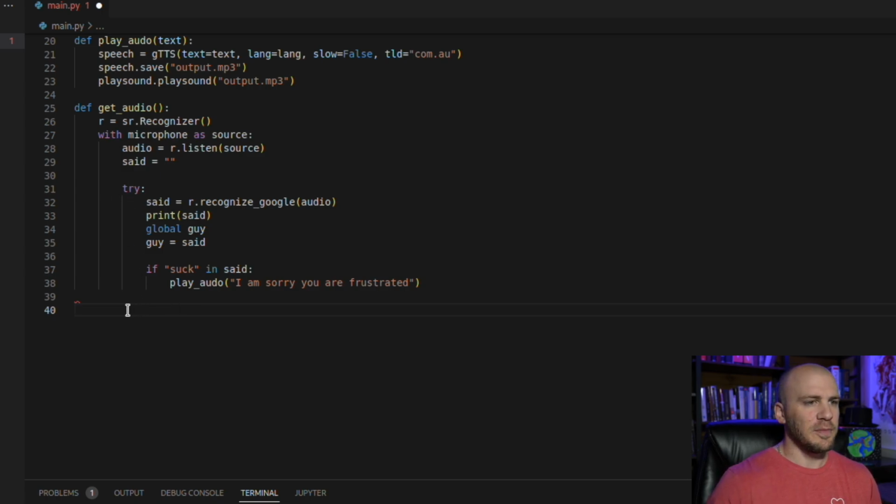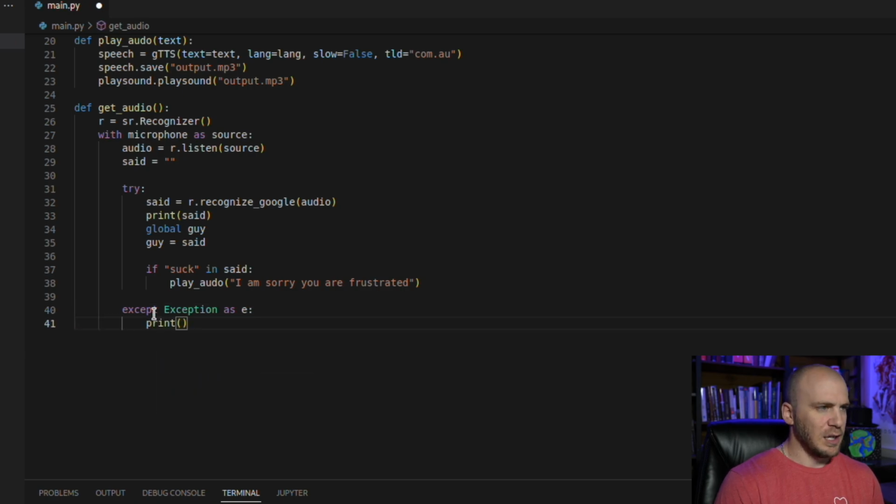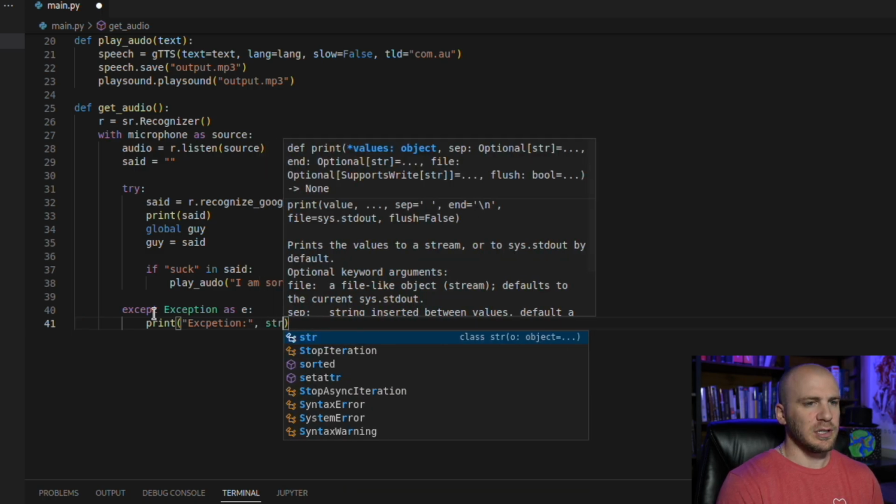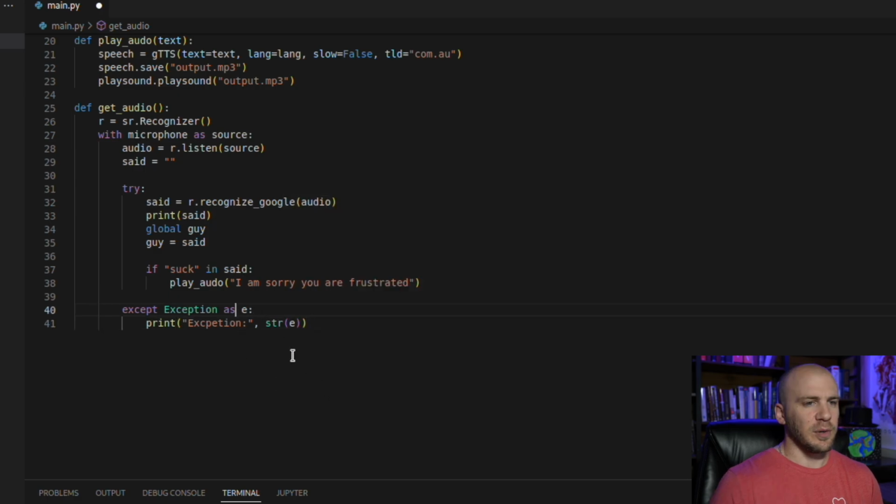Because we have this try right here, we're going to need an except. So we are going to type in an except, and we're going to give it an exception, and we're going to say exception as E, which is pretty typical, and then we're going to say print, and we want to print the exception that we just created, and we're going to print the string, the E as a string, so we'll say str, and we're going to pass through this E right here. The reason we do that is so if we get an exception, it'll actually give us the information of what's actually going wrong in the program.